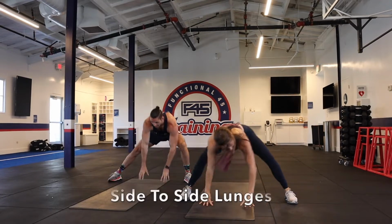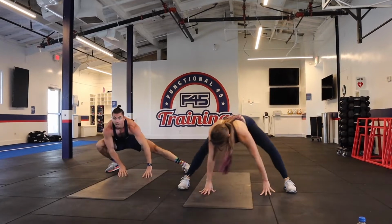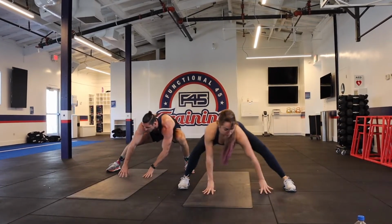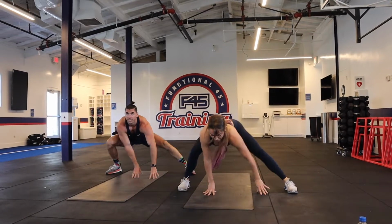1. We got the side to side groin stretch, hands on the floor here. Shifting that body weight into each leg. Feel those groins and hips open up. For 3, 2,